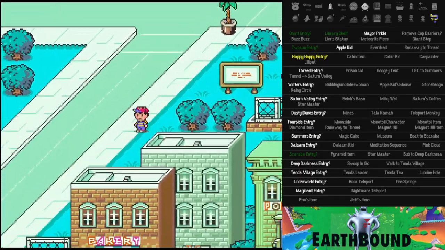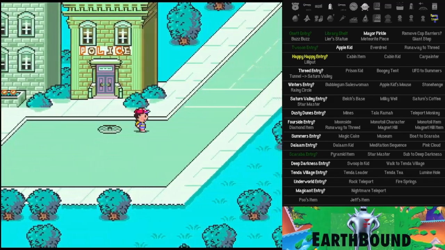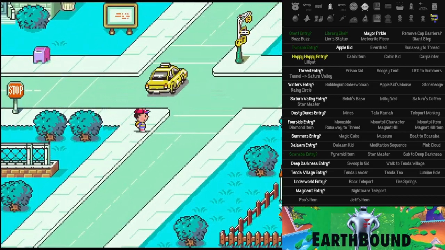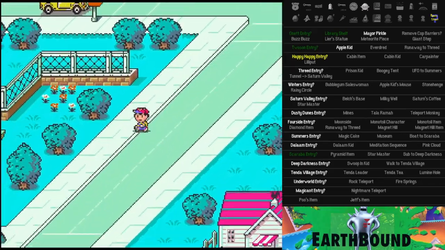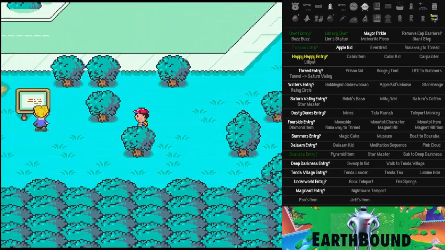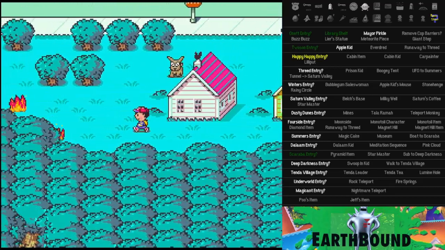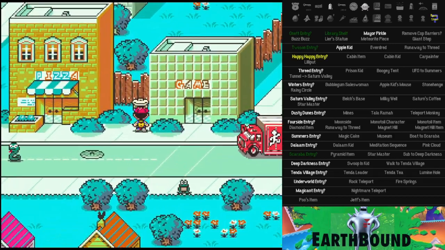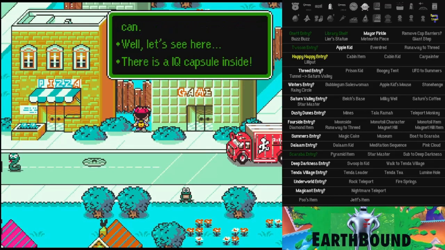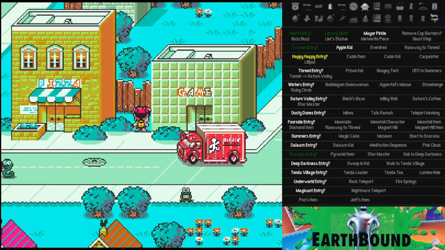So we want to check the... where is it? It's up here, isn't it? Yeah, there it is. An offense spritz. Let's see. I forgot. Whoop! Nope, nope, nope, nope. An IQ capsule. So that's not... So this little trash can right here is actually...